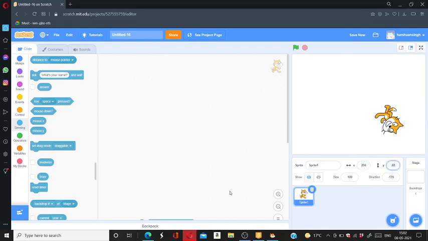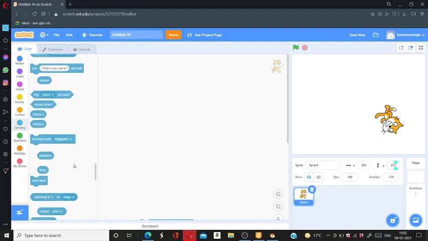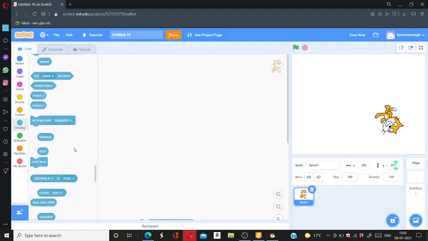So if I put any value over here, it will not work because the stage is only 233. So it will switch to 233. Now the next thing, set drag mode draggable. Set drag mode draggable is when you set the mode of the sprite to draggable.